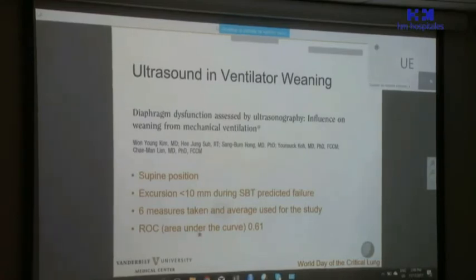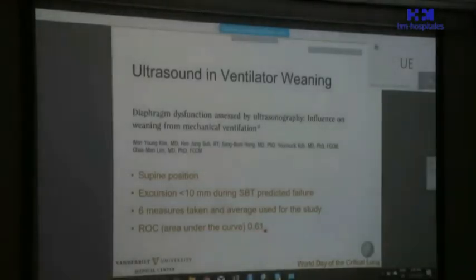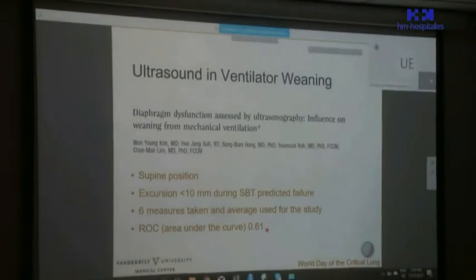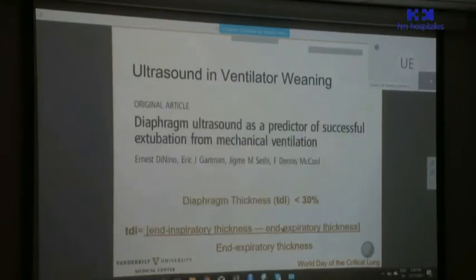The area under the curve, or the ROC, gave a predictive value of 0.61, which is good, but it's pretty close to 0.5, so there's not a whole lot of predictive value there. I'm going to move next to